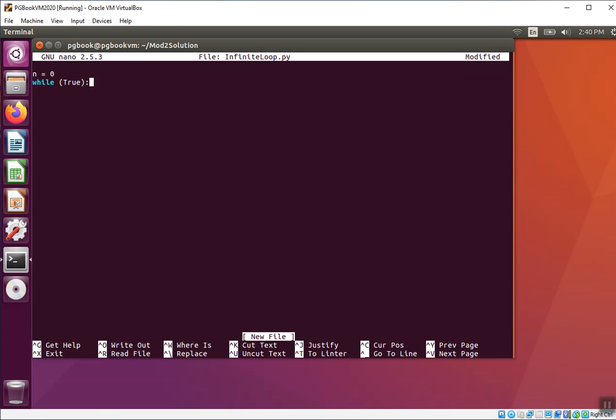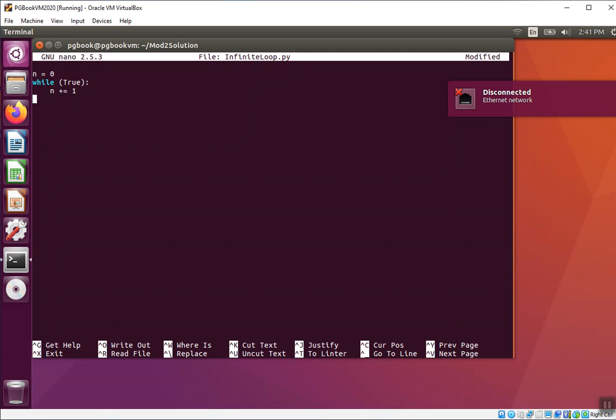While true, and then I'm going to come down to the next line. I need to enter 4 spaces, and I want to be consistent each time when I indent with Python. That's one thing about Python that's important. I'm going to say n plus equal 1. That's shorthand for n is equal to n plus 1. I'm going to add 1 to n, and I'm going to loop it to run it continuously. So plus equal 1,